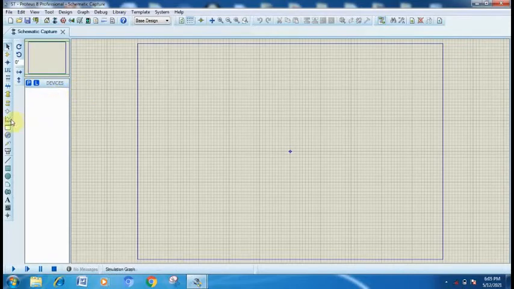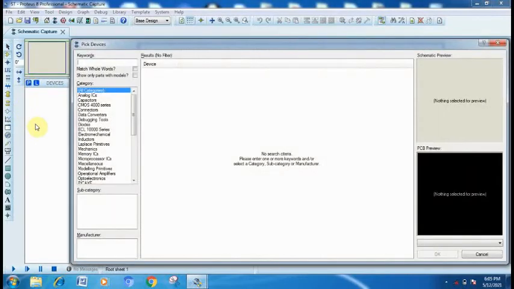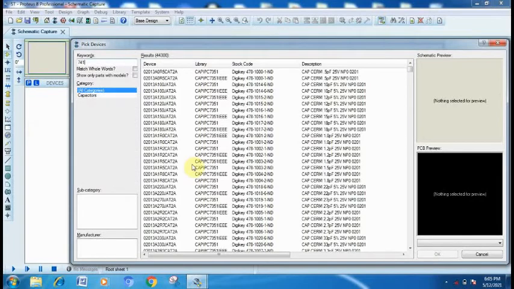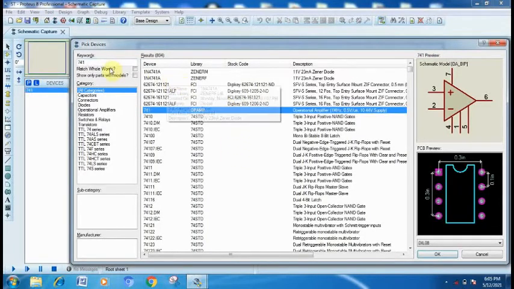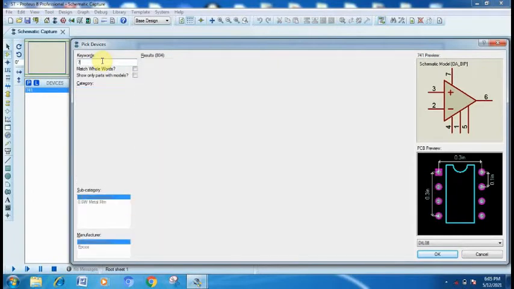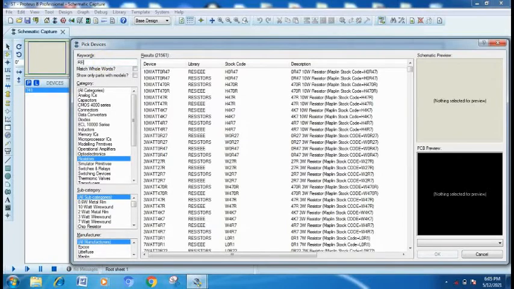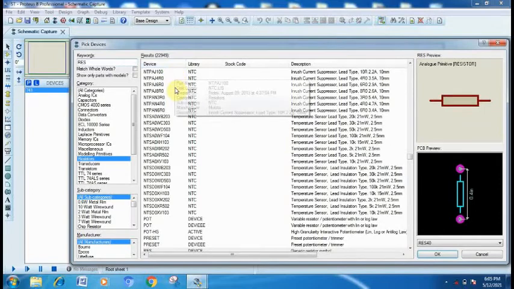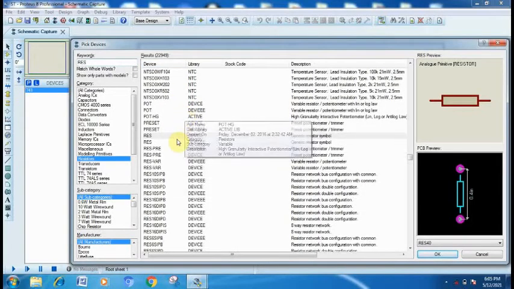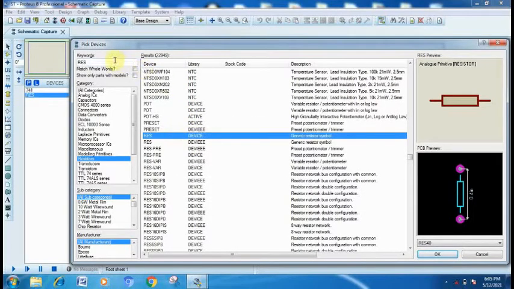So from the library we will select three components: 741 IC, double click on it and select it. After that, resistor, type here RES only. All the resistors will appear here. Double click on it and select it.